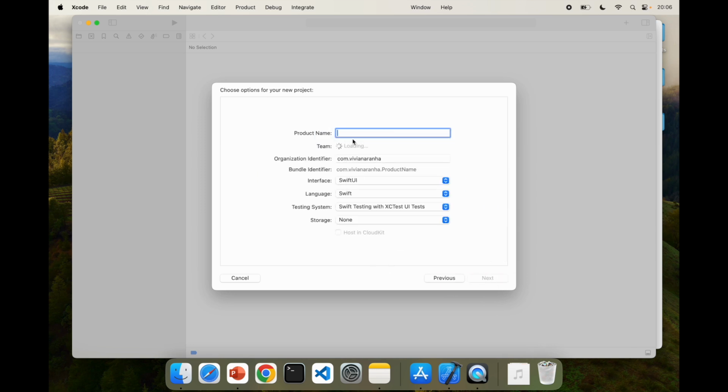but I'm going to just go here and say I want to call this my app, and then I'm going to leave everything as it is. For organization identifier, I always give my reverse domain name, which is com.vivianarana, which is reverse of vivianarana.com, and that will be my bundle identifier here, and we'll talk about it more later. Interface, I'm going to keep SwiftUI for now. Language, I'll keep Swift, and I'll say none for testing system, and for storage I'll say none,